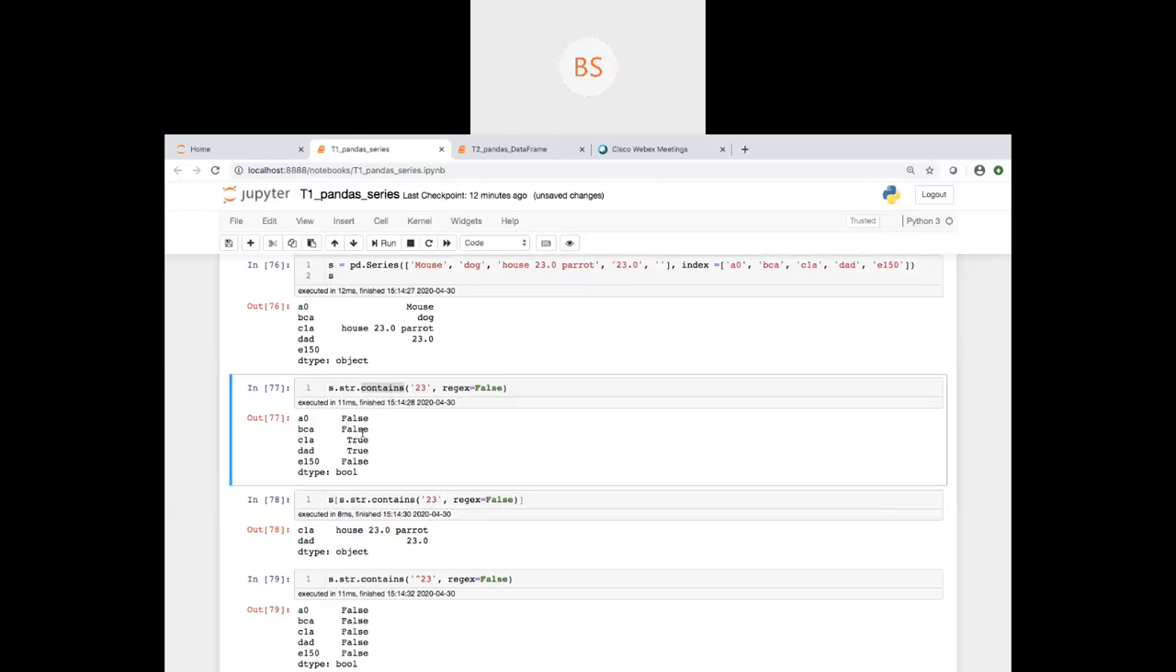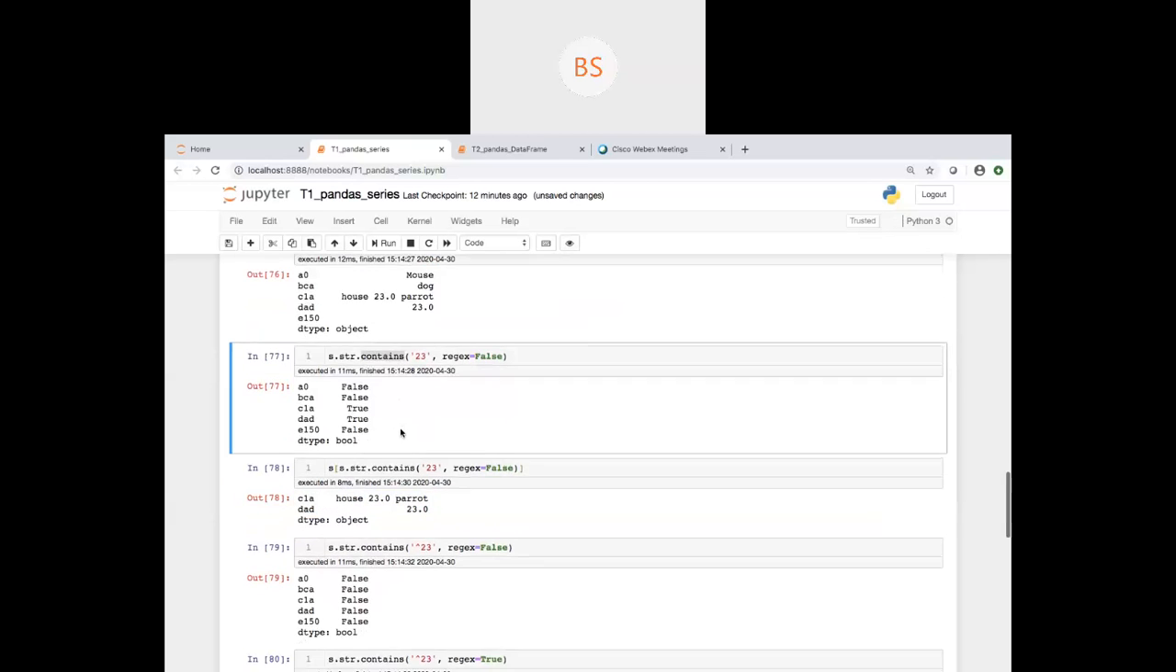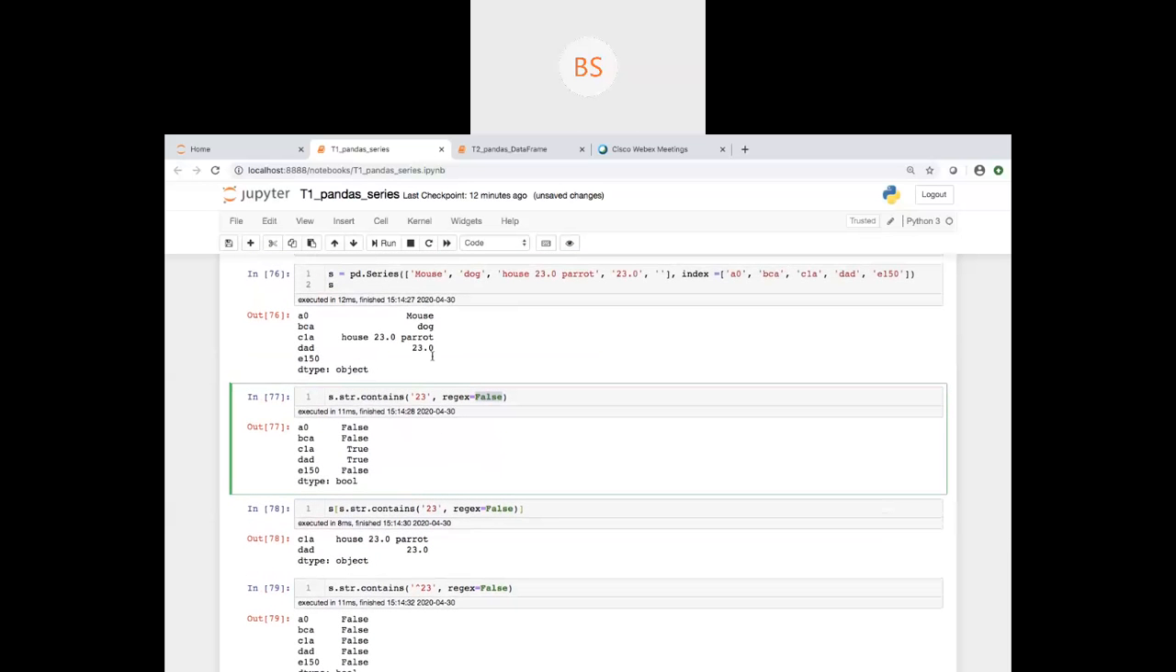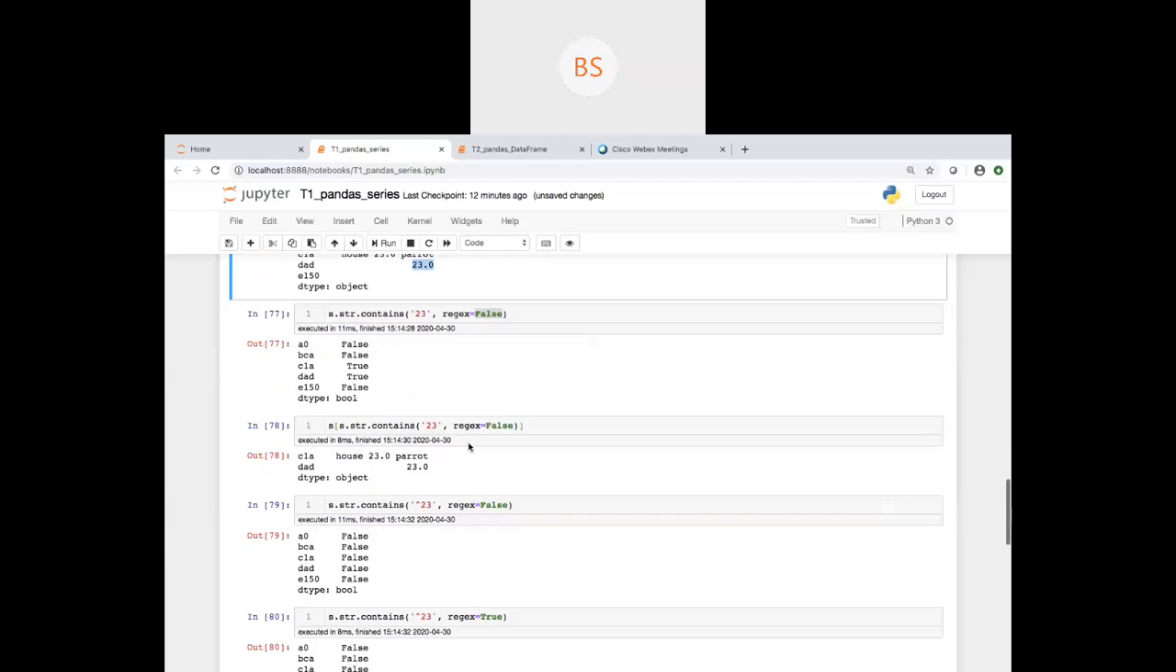So this is just to show the Boolean mask, how it will work. But here my regular expression is false. Means it will not use it as a regular expression. It will just use wherever this is found, it will display. But